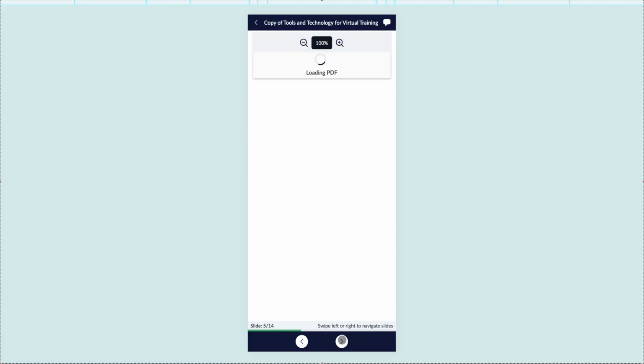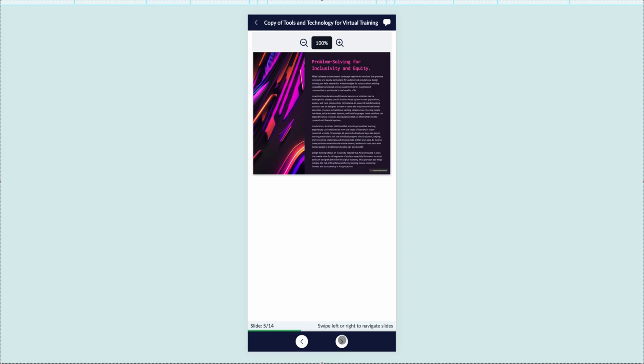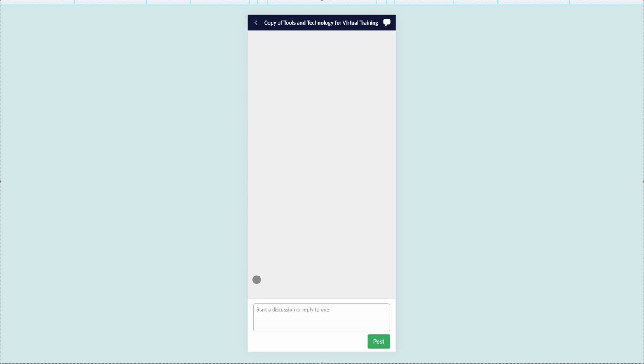So if I navigate quickly through this, you can see that for each slide, if you look at the top right section of the screen, we have this message icon. So you can add comments to different lesson slides. Let's say if I click on this, I should be able to add a comment. Let's add something here and maybe say, this was so informative. If I click post now,